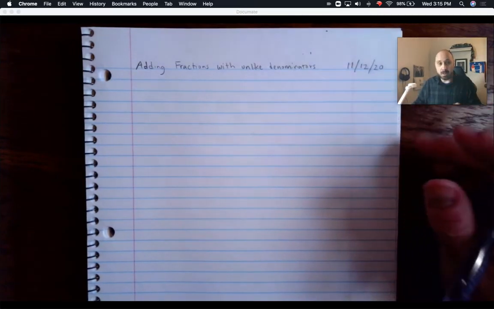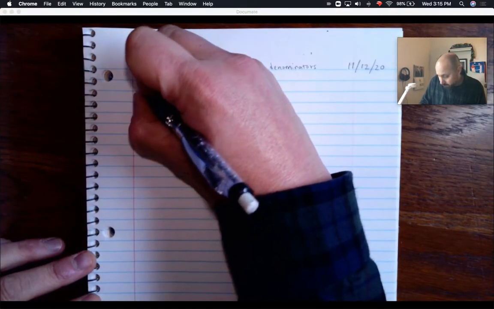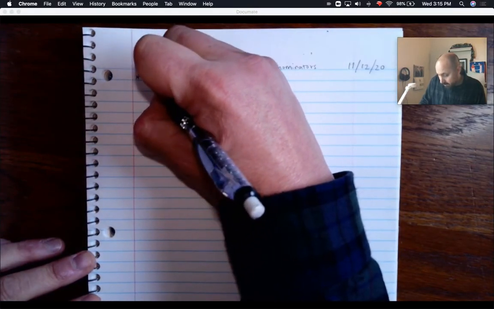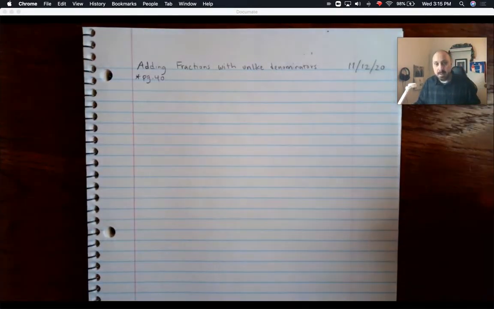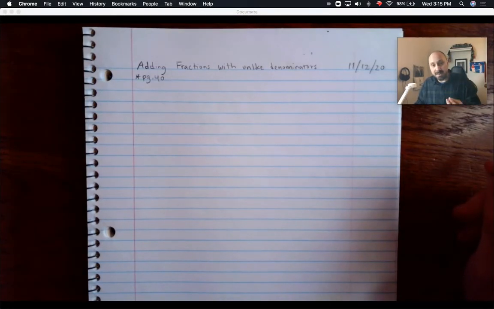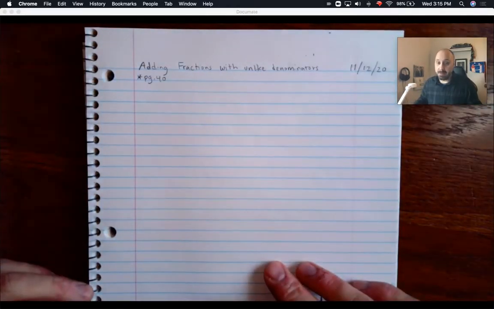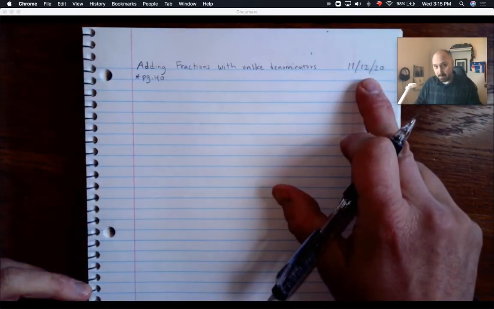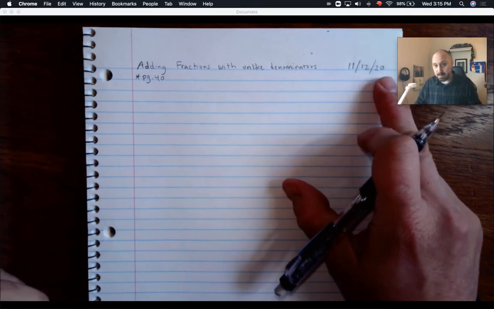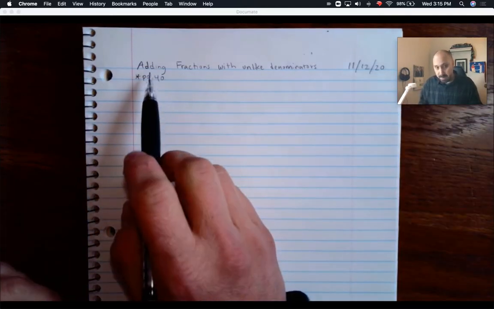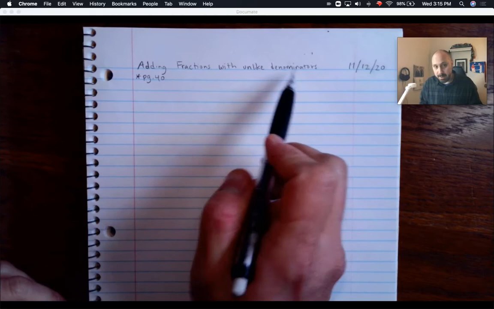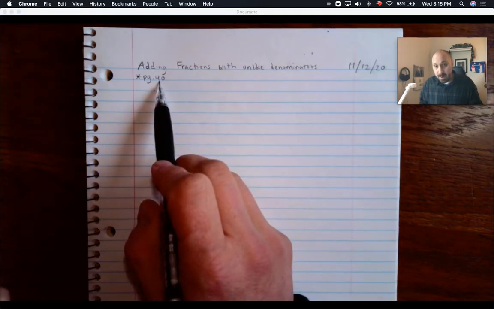This is going to go along with page 40 in our student book. So I'm going to write down page 40 in our student book. After we do these notes, you're going to write these down in your math notebook with today's date, which is November 12th, 2020. The title of this page is Adding Fractions with Unlike Denominators, and we are going to use practice page 40